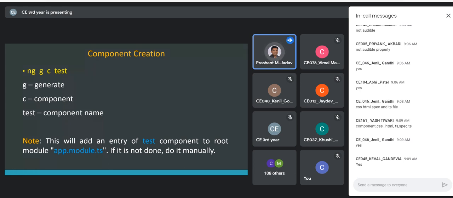So if we are creating our new component, then it should become part of our original module. So we are making it part of the app module. If you wish, you can open the app.module TypeScript file, and you will see that it will refer to one more component called test component.